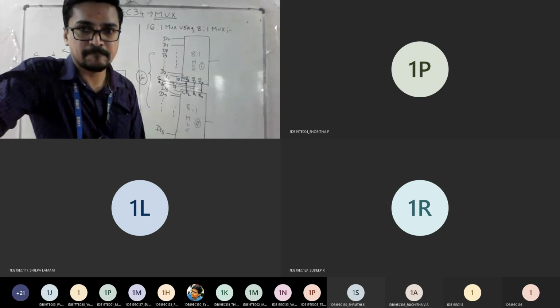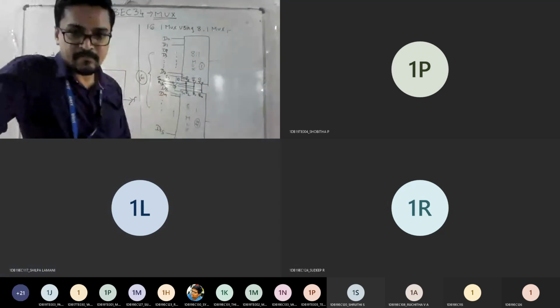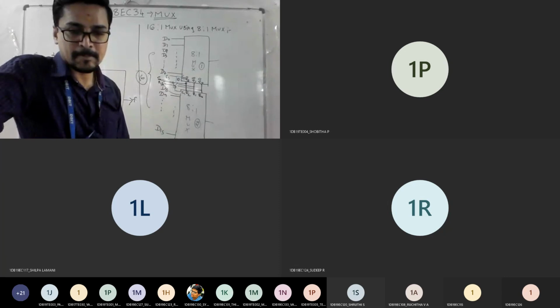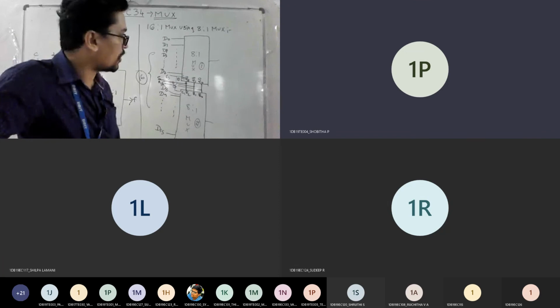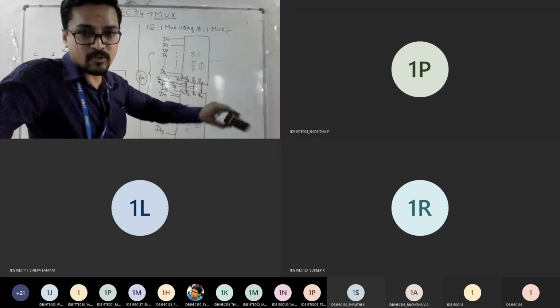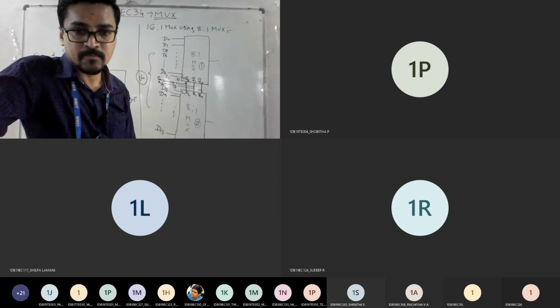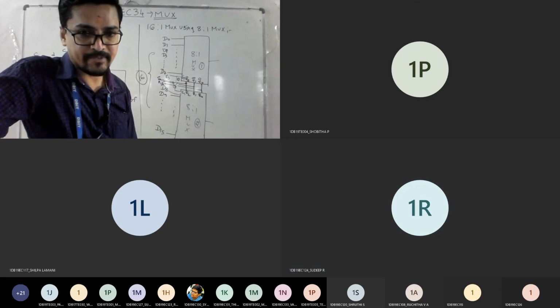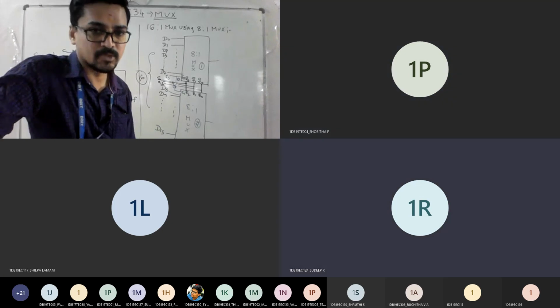Understood or not here? Everyone? Yes, sir. So now do you think this design is completed? Output? No, sir. We have to connect the output. A mux has only one output, but you got two outputs. What should I do? What gate can we use to make it one? AND gate. Good.